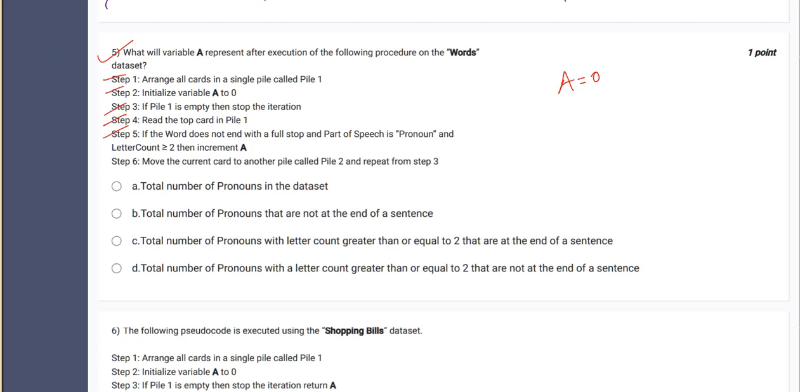What does not end with a full stop mean? That is, if it is not at the end of a sentence. If it is not at the end of a sentence, then apart from that, if it is a noun, if it is a pronoun, so it should be not at the end of a sentence, and along with that, it should be a pronoun,